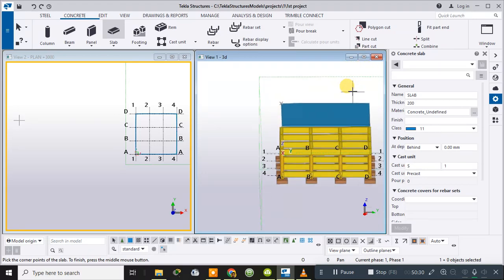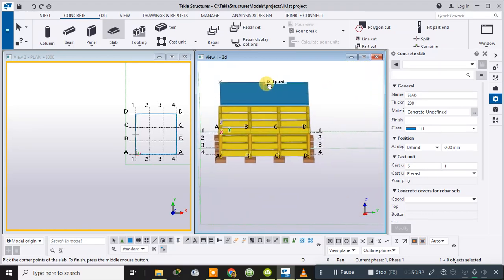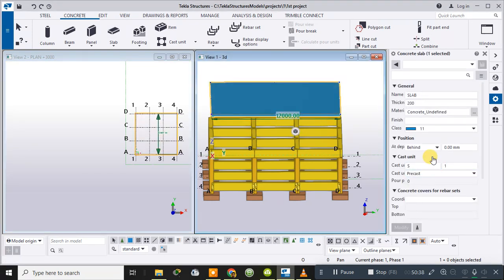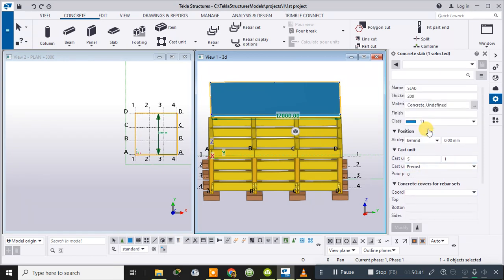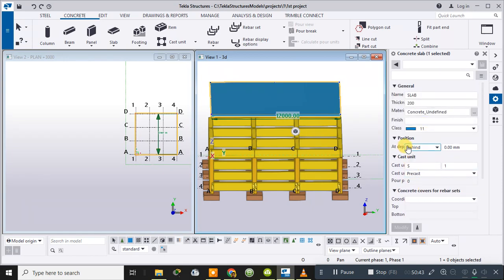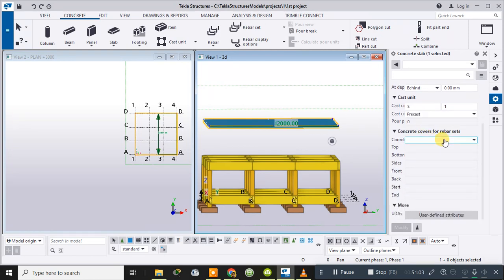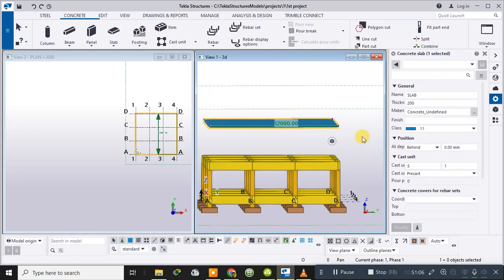Now the slab is created. Though the slab is created, the slab is created at some height. So for that you can do one thing, you can delete the full slab